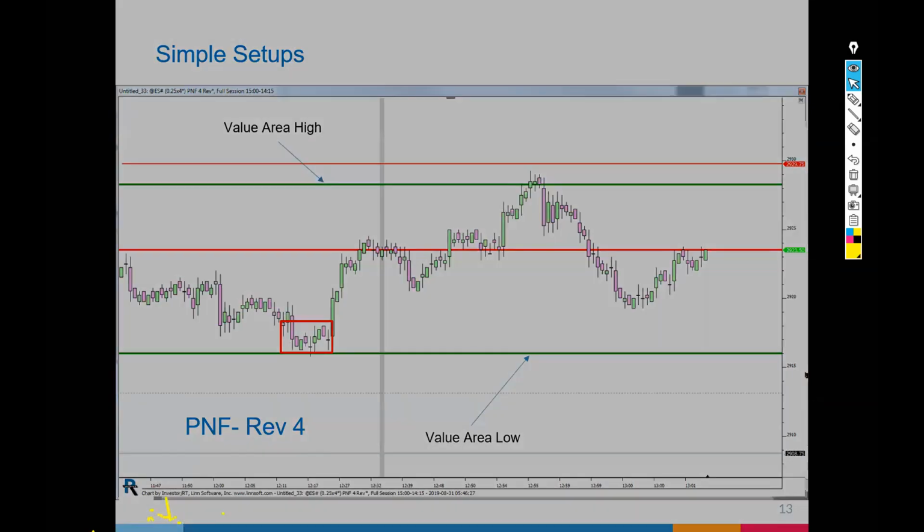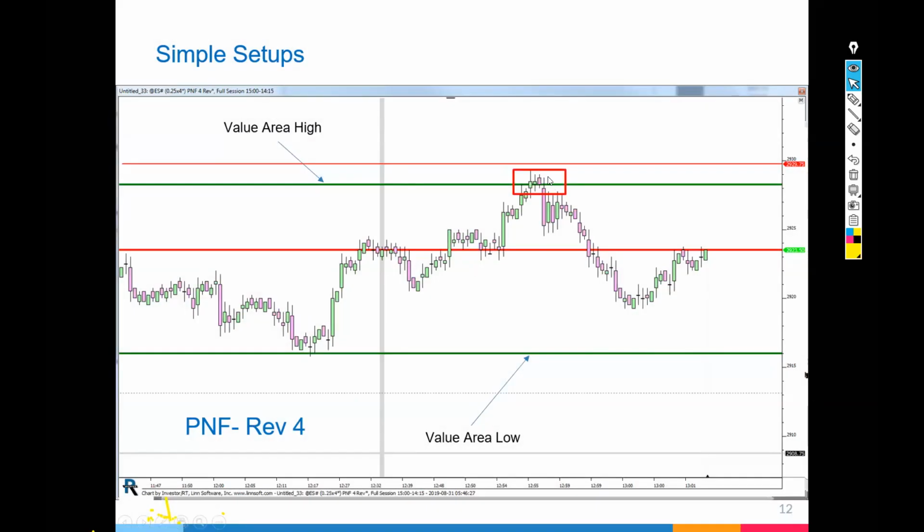Well, before we go to the long, let's take a close look at the short here. And the setup is really quite simple. I'm looking for the failure. And what failure am I looking at? Well, if we take a look at the bars and the price action right at the value area high, I have a green, another green, and then I have a red. Well, what I'm looking for to